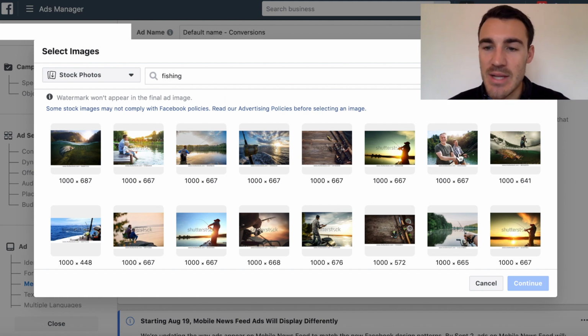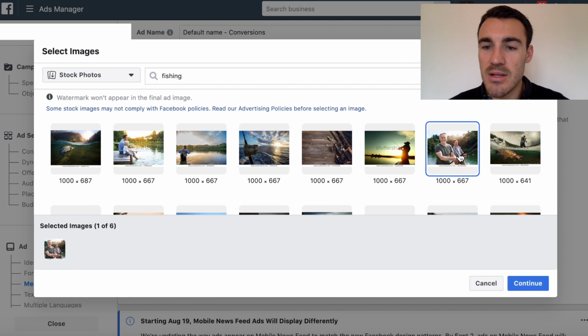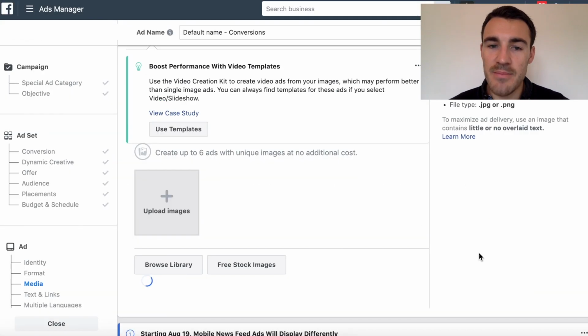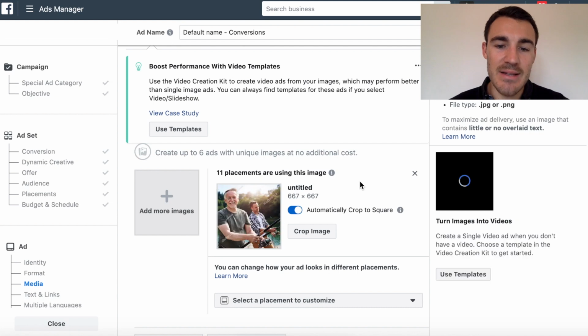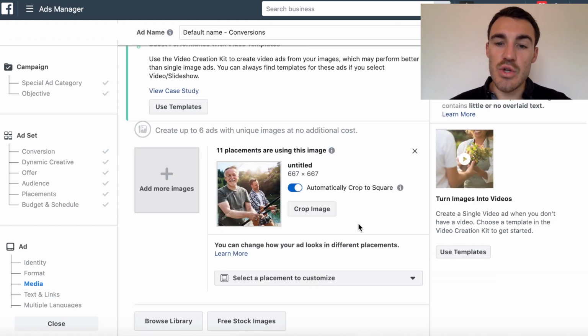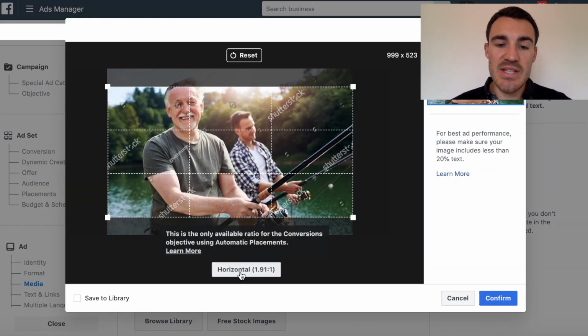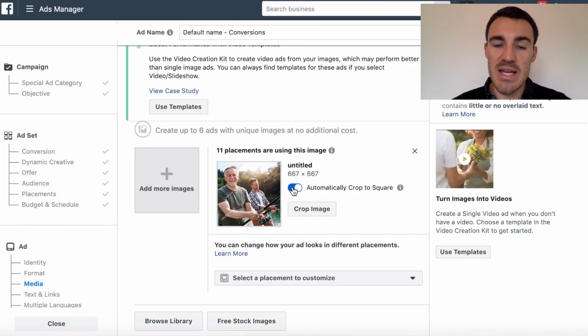Let's go with something like this. These two guys look like they're having a great time. And we'll add that in as our image. So you can now crop images. So let's say I select on here and crop images. This sets it to horizontal and I can block out the parts that I may or may not want to include. I don't want to do that. You can see here that Facebook's default is to automatically crop to square. That's worked fairly well. I'm happy to go with the square option because that's going to take up more space